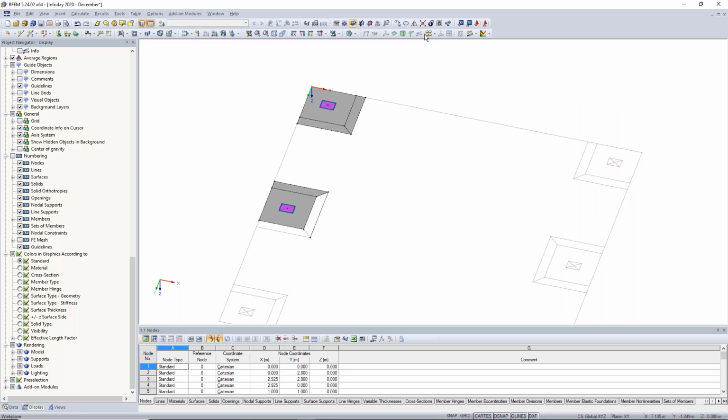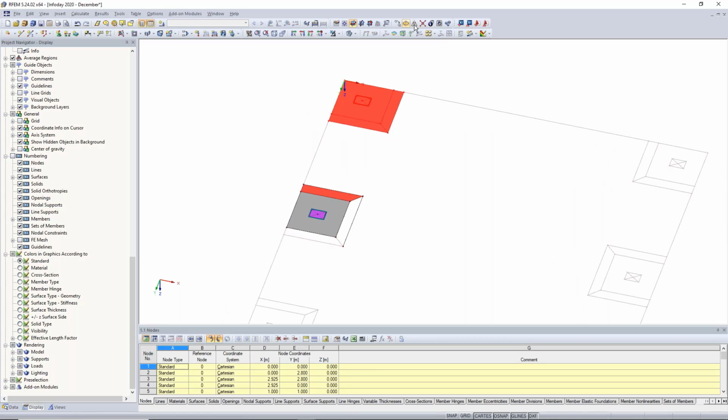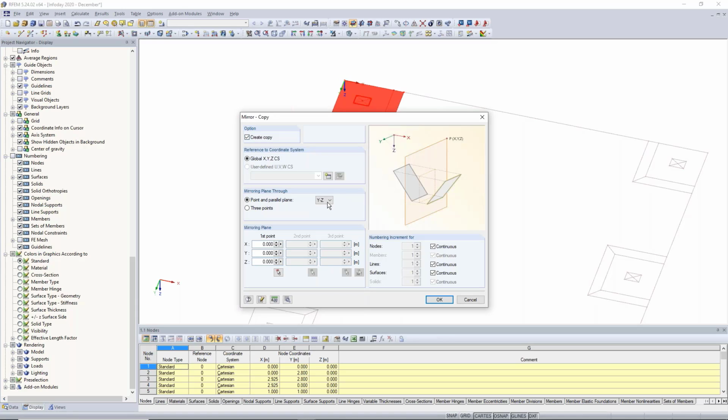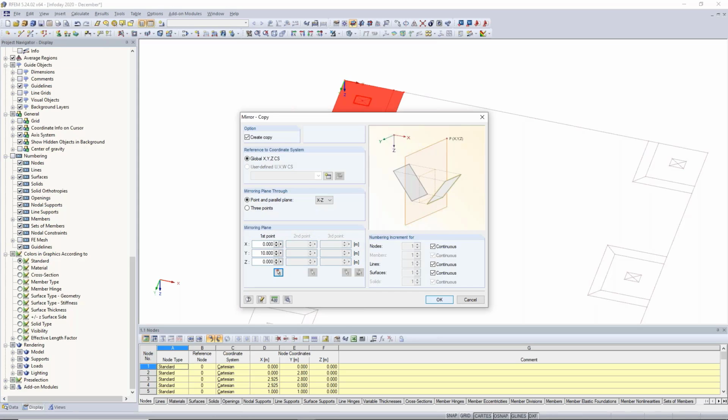Okay, so the rest of this foundation can be done by the mirror function here. So I will select this part and this surface. Then I can press this button for the mirror function, create a copy, and here I have to select which mirroring plane I want to use. In this case, it is the XZ plane, and I have to select this mirroring plane here on this point, confirm it with OK,